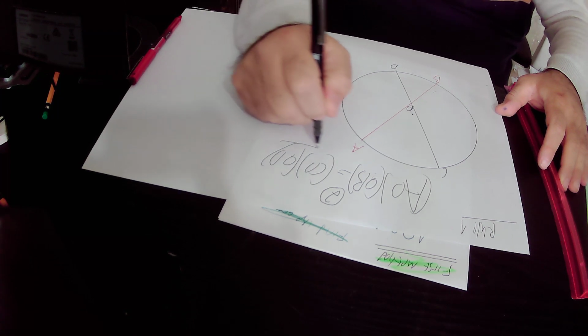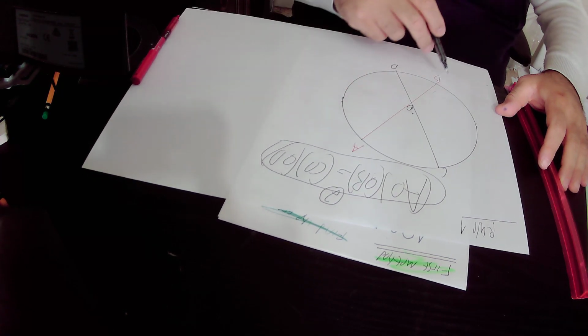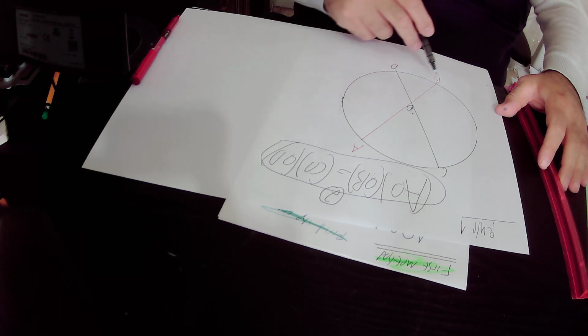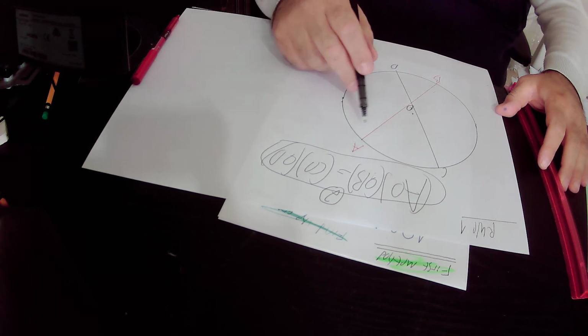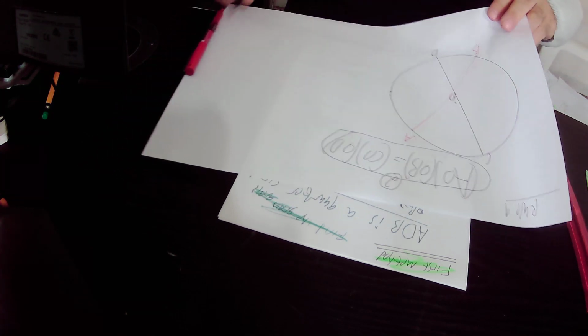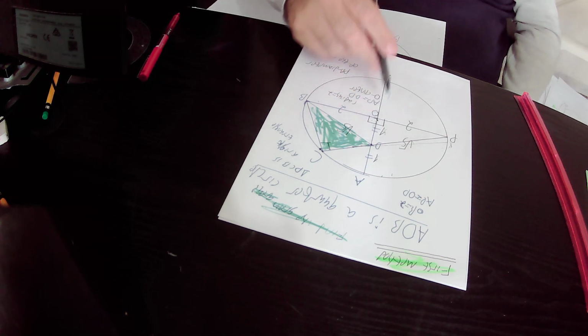I'll repeat again on rule number 1. We have chord AB that intersects with chord CD at point O. Therefore, AO times OB equals CO times OD. Actually, we can implement rule number 1 in our drawing. Why? Because in our drawing we have chord AZ